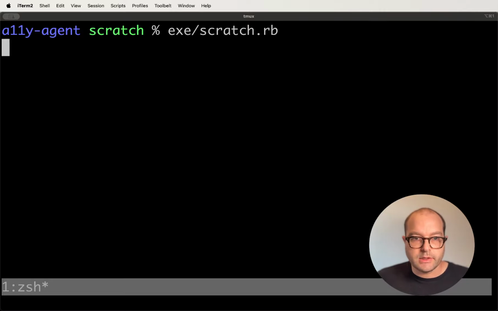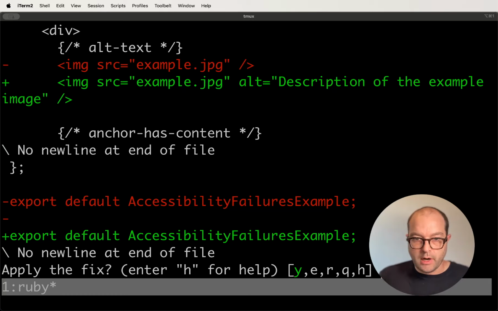When I run the agent, it takes a React component, performs traditional linting against the component, and then attempts to fix or modify the source using AI assistance. In this case, we've added an alt attribute to an image that originally was missing one, and we see